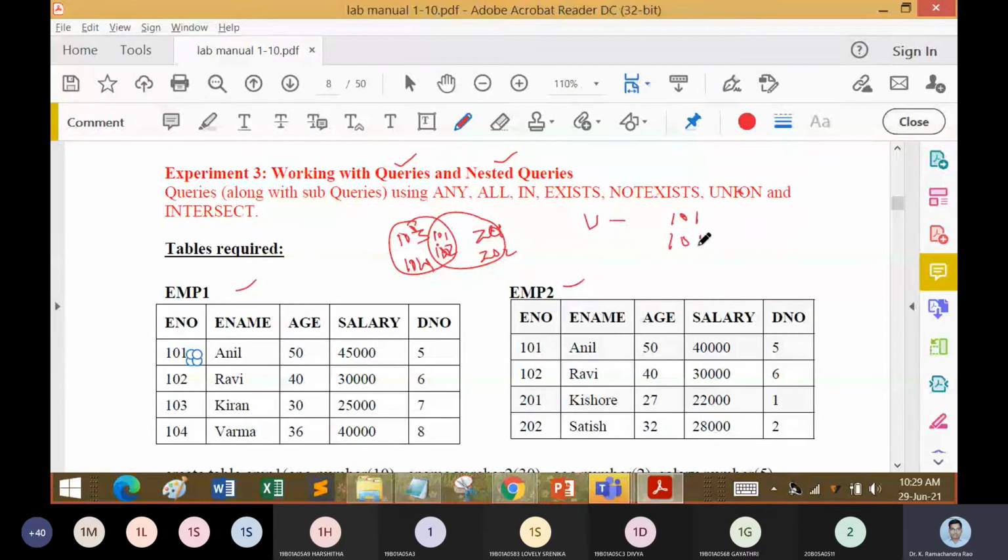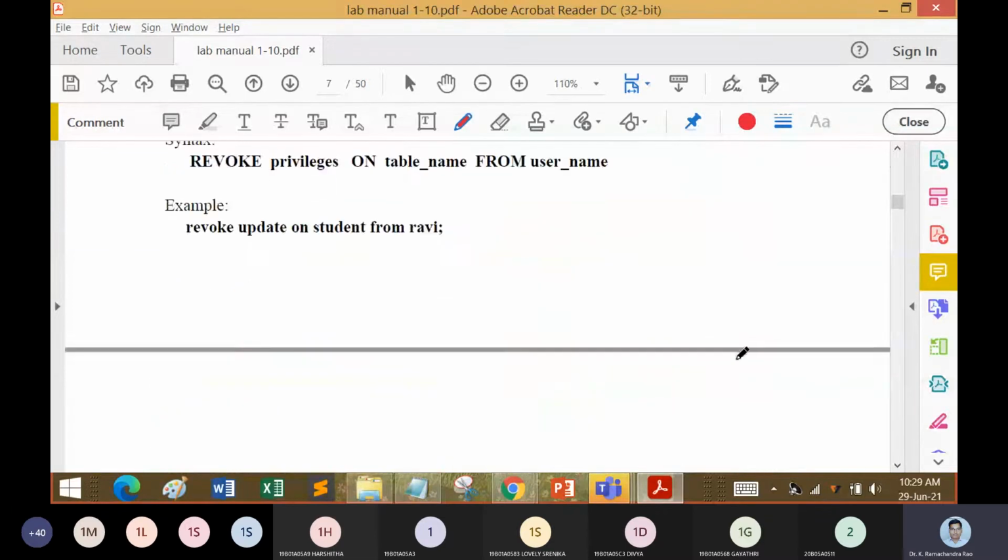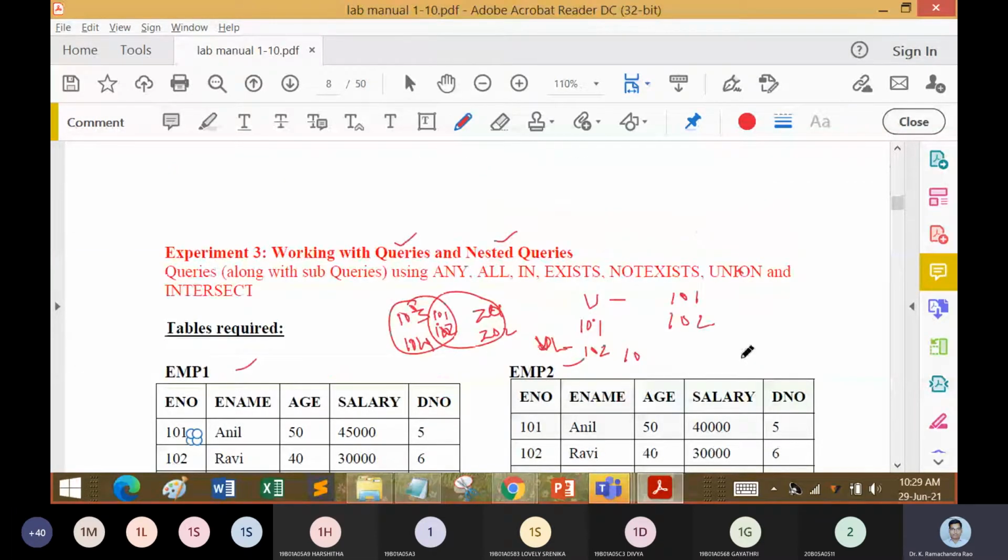If I'm going to call it union all, then what it is going to take up is 101, 101, 102, 102, with the duplicates.